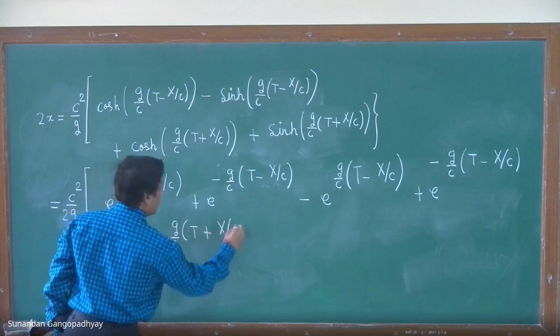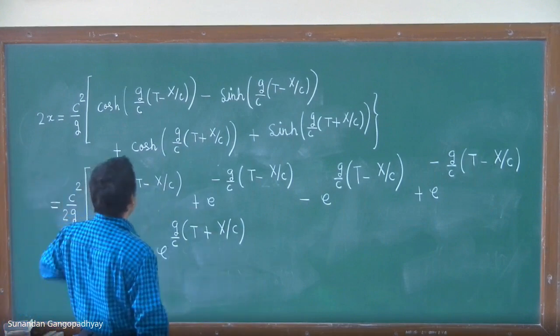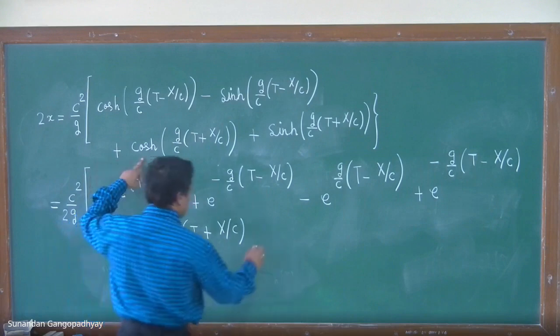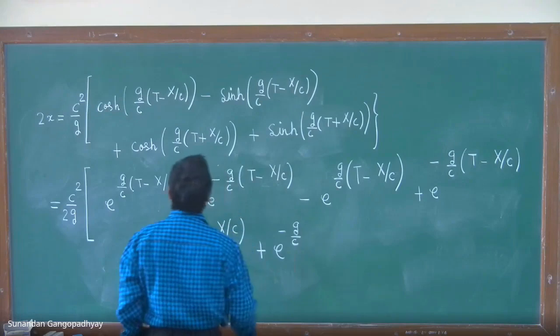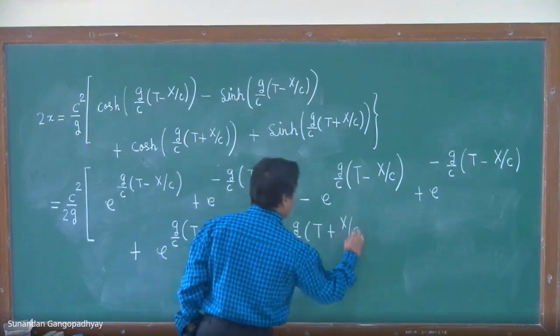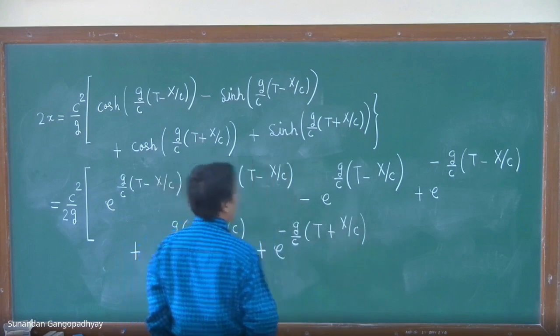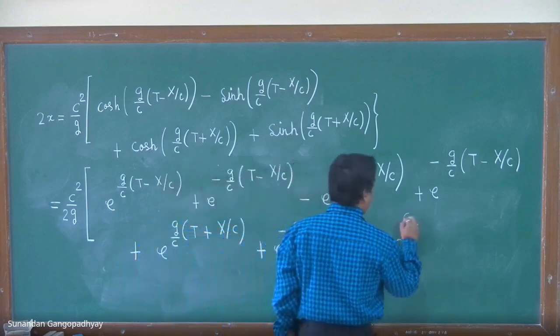And if you have some better method of doing this, you are welcome. You can do it in your own way. This is this plus exponential g by c (t plus x by c). And then the last term, e to the power of